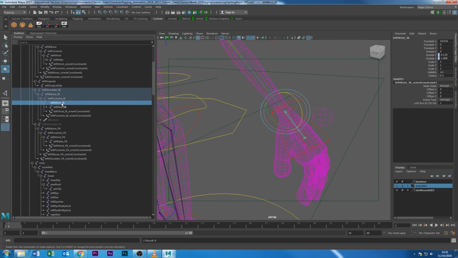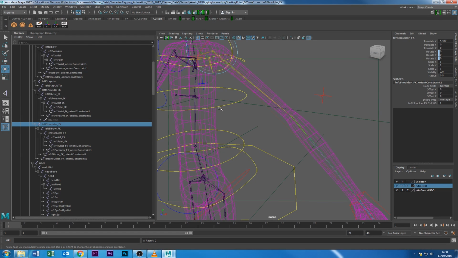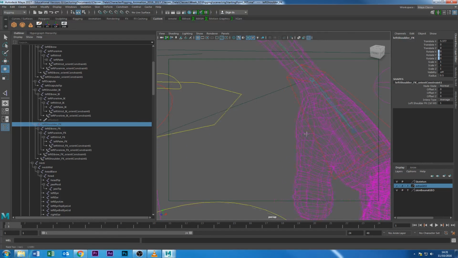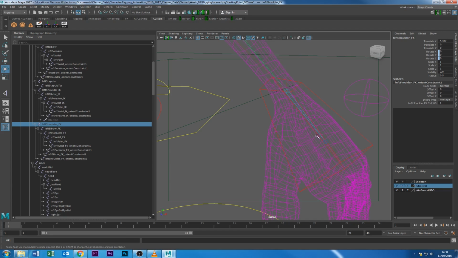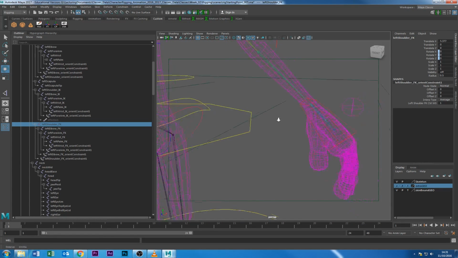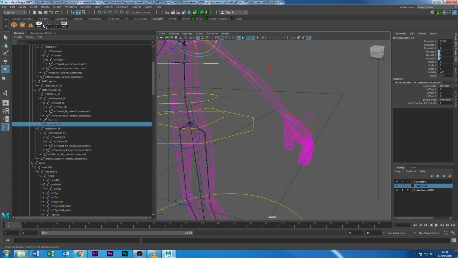Remember that these joints are controlled with a rotation, and for example, the original here used to be controlled by the IK and FK, but because nothing pivots from this point, we're not going to have to bind it. We don't have to bind this one. But for the IK system, we have to. So all you have to do in order for the hand to be planted perfectly is go into the